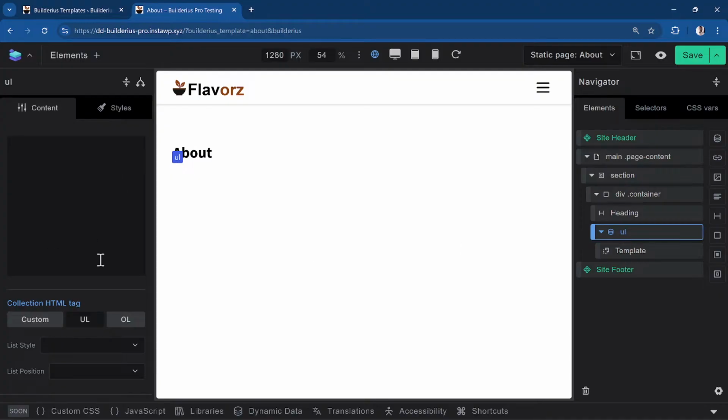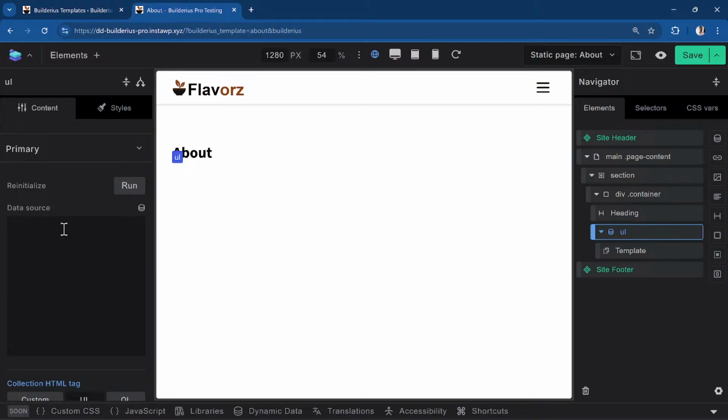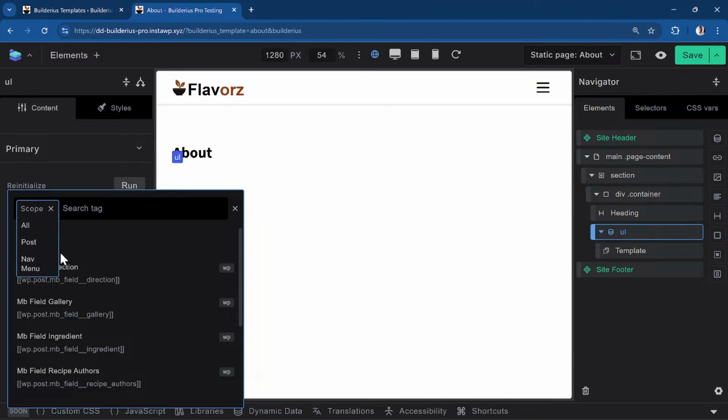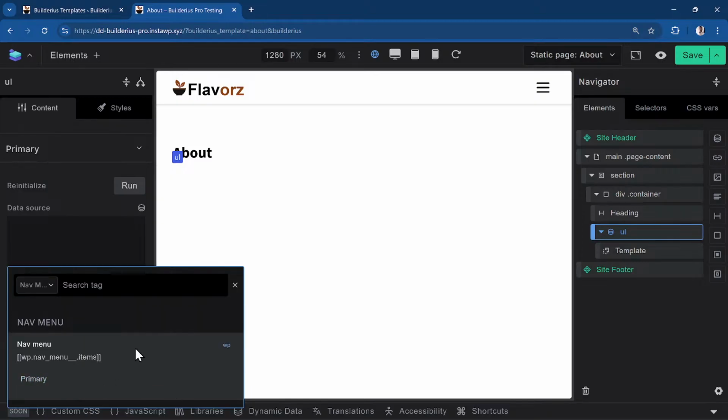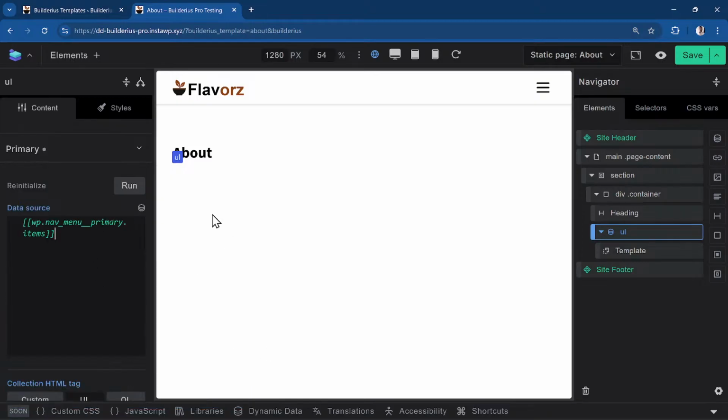Then the next thing you need to do is get your data source. The data source is a JSON returned value. You can either write your data source manually in this option if you know your source, like your JSON data, or you can use dynamic data. So I'll just choose dynamic data, but right now there isn't really any dynamic data created because I've not created any loop yet. The only loop that is created by default is the nav menu item loop. So you can use the nav menu item loop, primary, and that will just loop through all of my primary